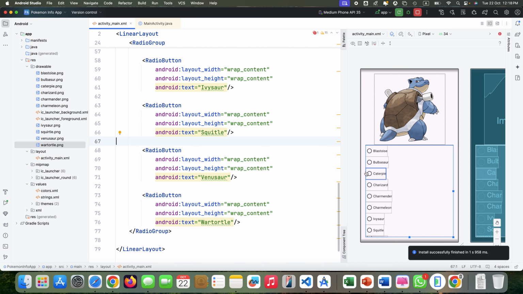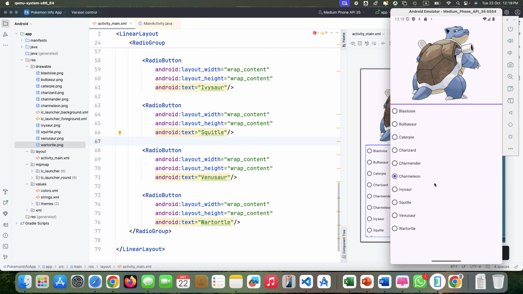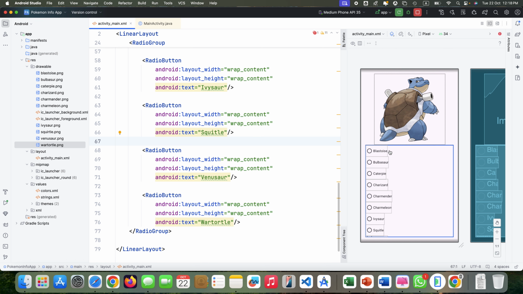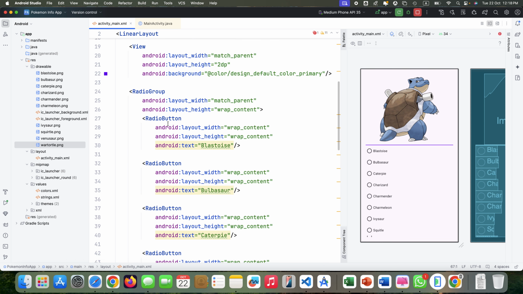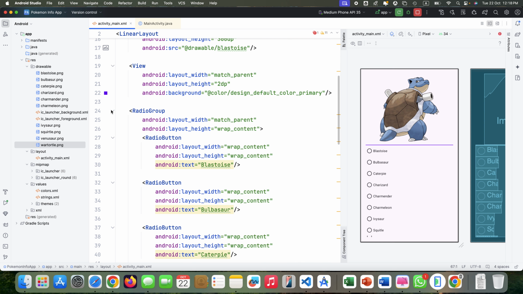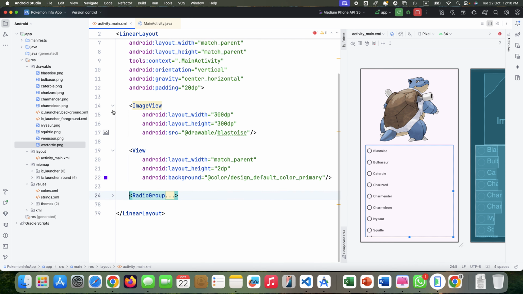But the other problem is that in here it shows me all of them. Yes, in the layout it tells me that. But what can I do to fix that problem even in the layout? I need to put that radio group into a